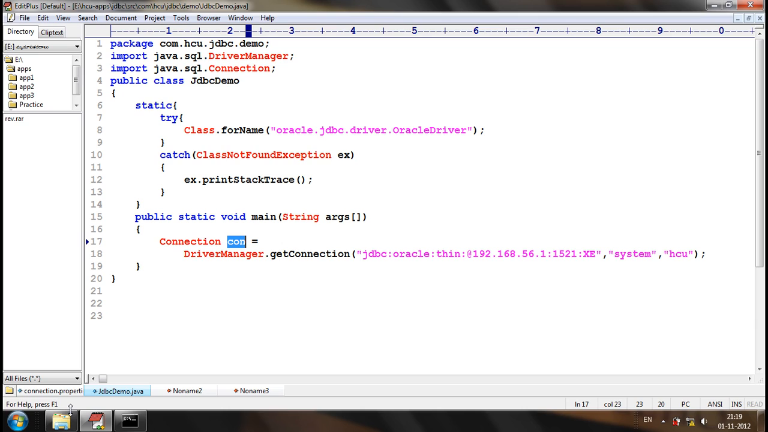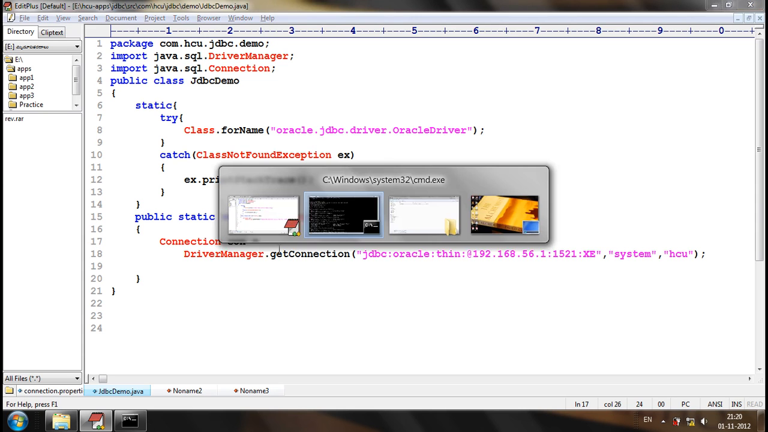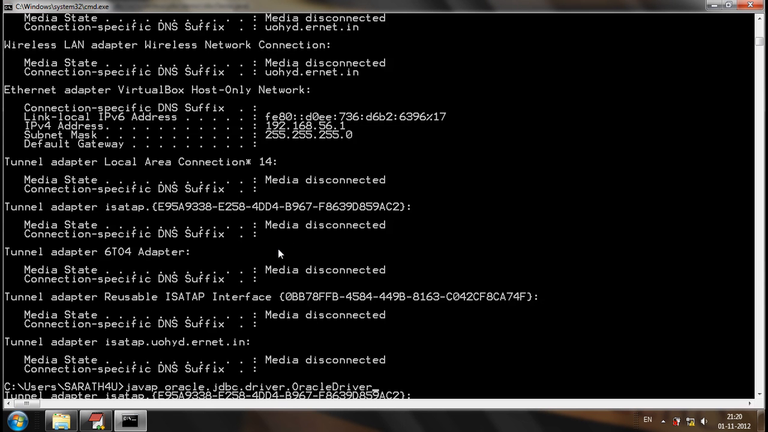Once the connection is established, almost all the methods in JDBC will raise an exception named SQLException, which is a checked exception. Almost all the methods in JDBC will raise a checked exception named SQLException. So if we try to